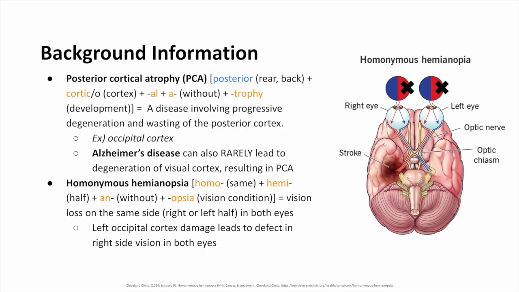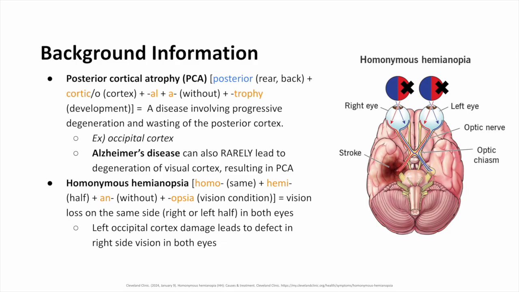So some background information: posterior cortical atrophy, also in short PCA, is built from posterior, which means rear or back, plus cortic-o, a combining form that means cortex, as in the outer area of the brain, plus the suffix -al, pertaining to, plus a prefix that means without, and the suffix -trophy, development. Atrophy, you might remember from muscular atrophy, lack of muscle development, or waning of muscle. So posterior cortical atrophy refers to a disease involving progressive degeneration and wasting of the posterior cortex,